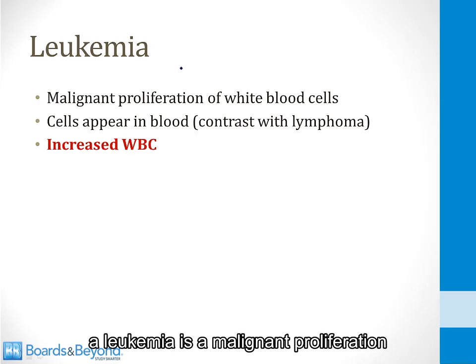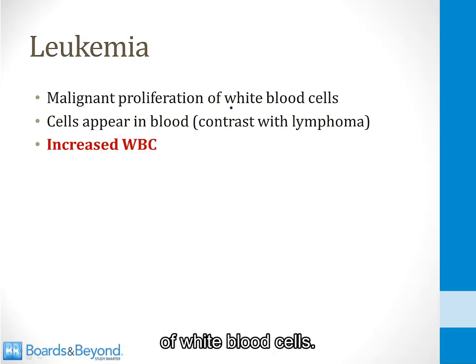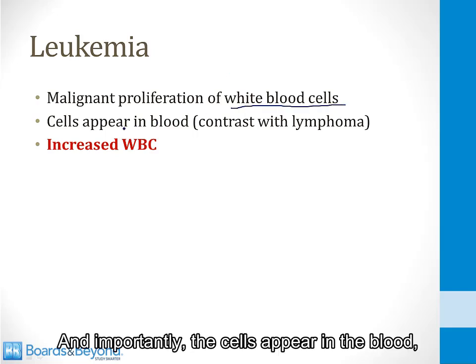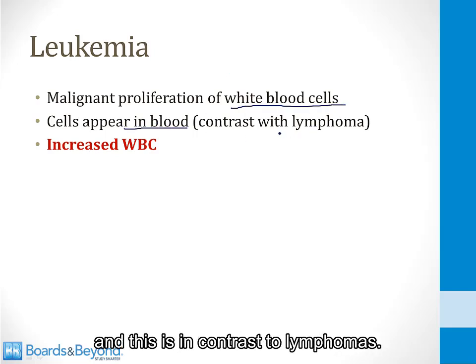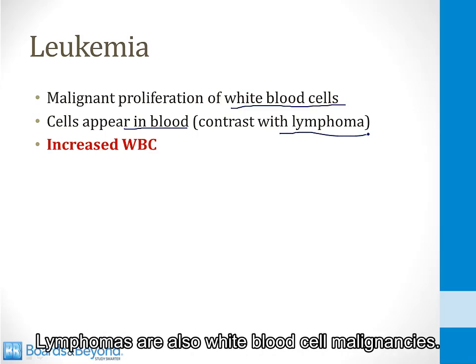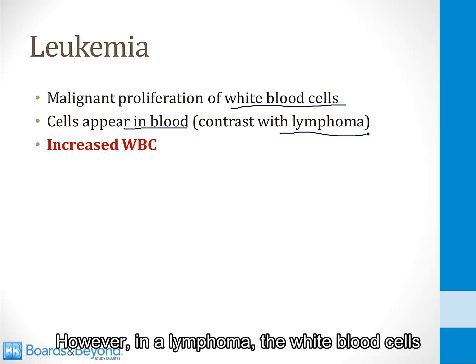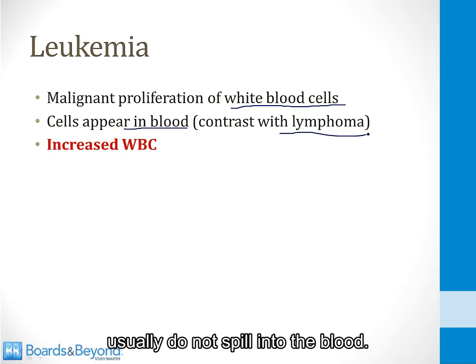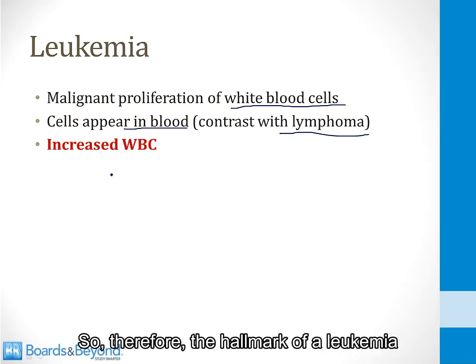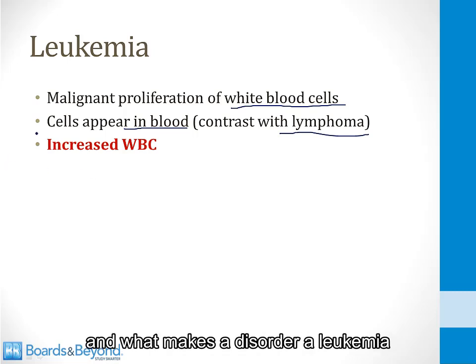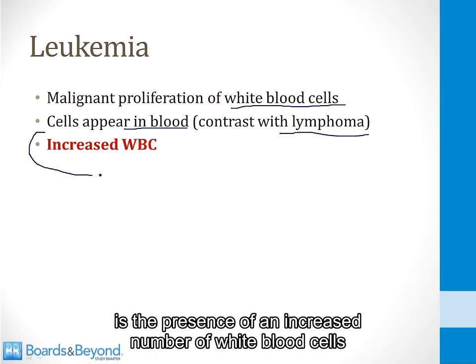By way of review, a leukemia is a malignant proliferation of white blood cells, and importantly, the cells appear in the blood, and this is in contrast to lymphomas. Lymphomas are also white blood cell malignancies. However, in a lymphoma, the white blood cells usually do not spill into the blood, so therefore the hallmark of a leukemia and what makes a disorder a leukemia is the presence of an increased number of white blood cells